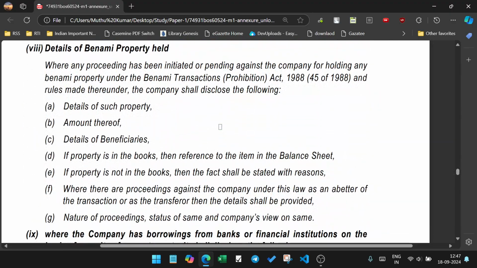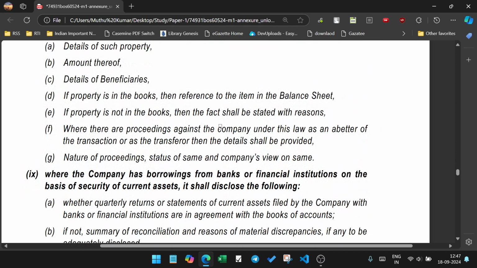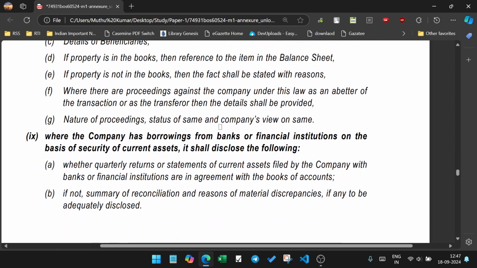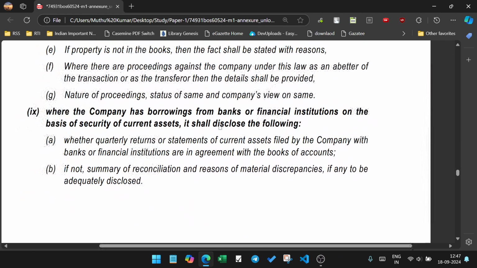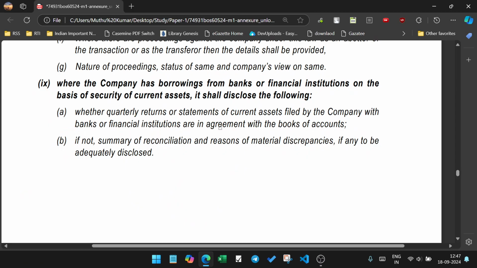the company shall disclose the following. Benami property: details of the property, amount thereof, details of the beneficiaries; if the property is in the books, reference to the item in the balance sheet; if the property is not in the books, the fact shall be stated with the reason. Where there is any proceeding against the company under the law in respect of the transaction or transfer, the details shall be provided: nature of proceeding, status, and the company's stand. Where the company has borrowings